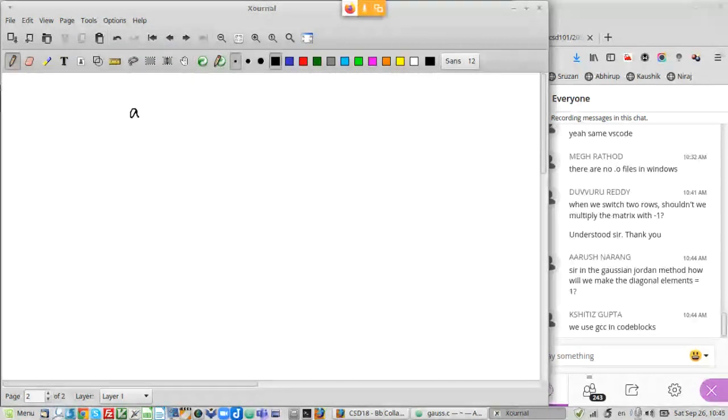Okay, so what are we doing in Gauss elimination? We are converting to a triangular matrix. So writing this as a1 n+1, this is the same as b1, remember. Similarly, we have an n+1, which is the same as bn. So these are the right hand sides of the equation.